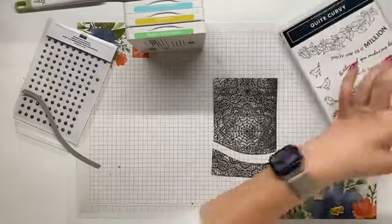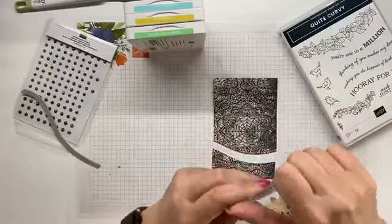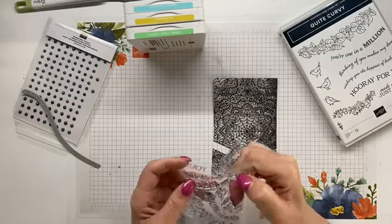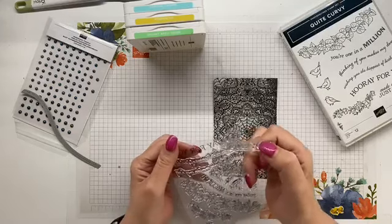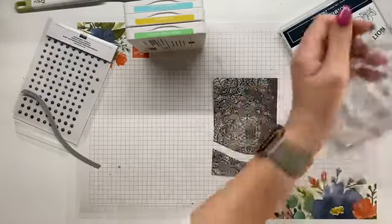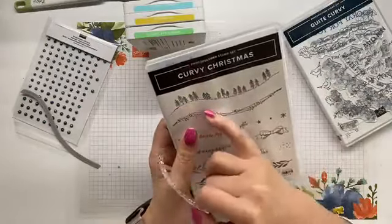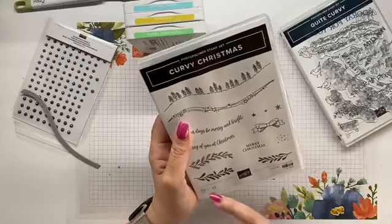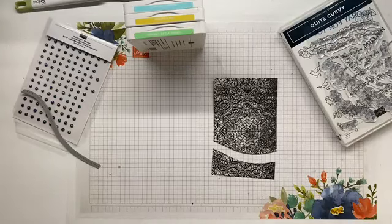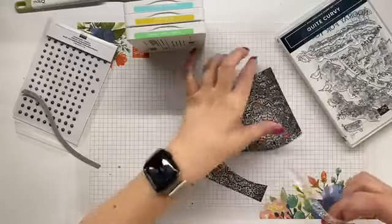Now, I will give you a tip. When we are pulling our new stamps off for the first time, I need you to be very careful. I have spoken to some demonstrators, and when I say carefully, this is coming off very easily, but some demonstrators have had in the Curvy Christmas set these thinner dies, especially the tree, rip. We've used the stars, but they've had the tree one rip, so please be careful when, oh no,